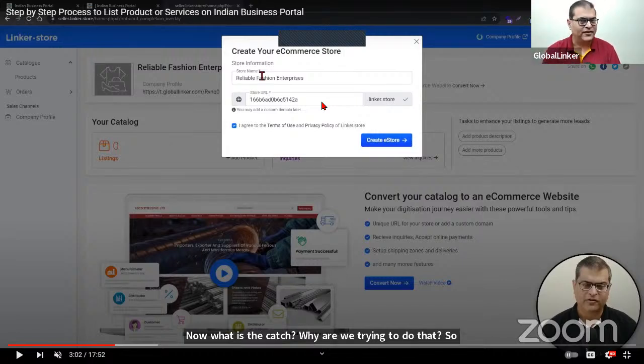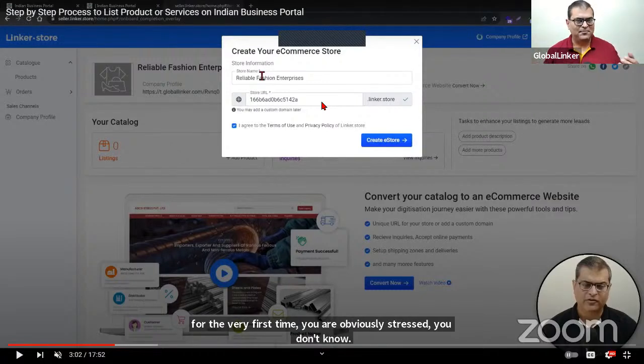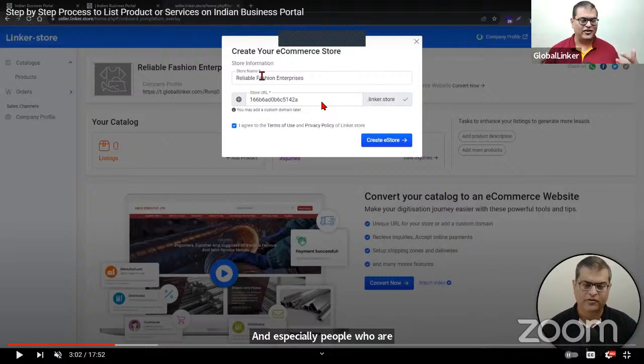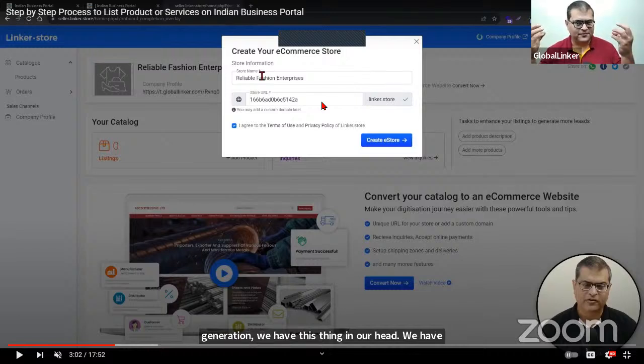The objective is to make this journey as convenient as possible, because understand, 99.99% of the people who are going through this process don't create websites or digital catalogs on a day-to-day basis, right? So this is something that we are doing for the very first time. And obviously when we are doing something for the very first time, you are stressed, you don't know. And especially people of my generation or older, we have this kind of psychological thing